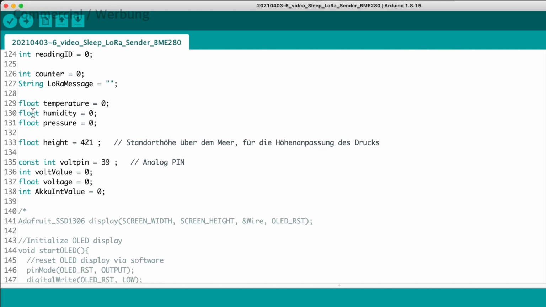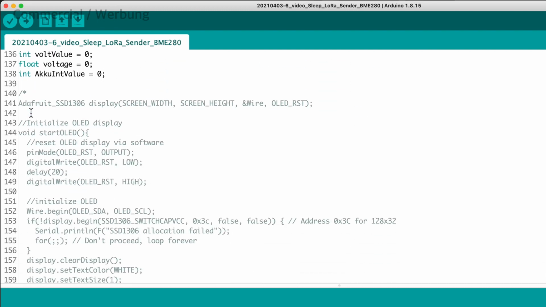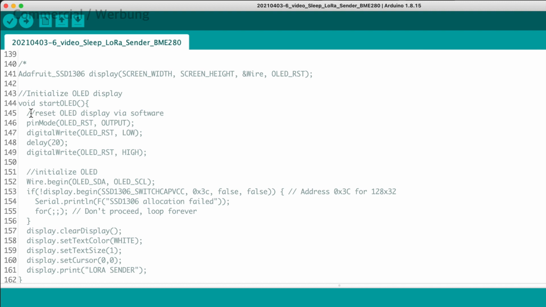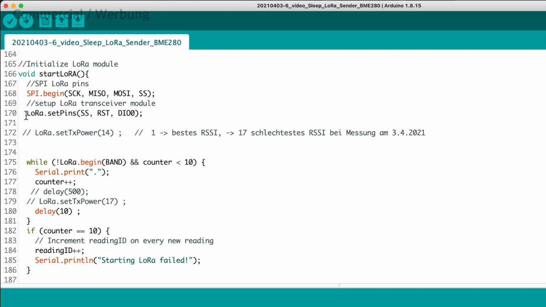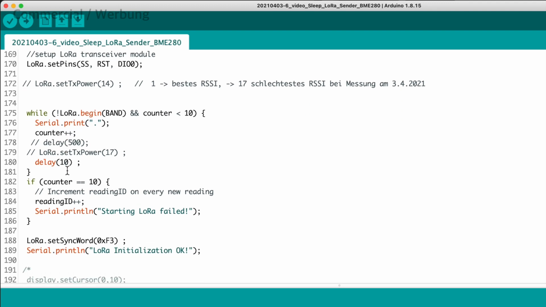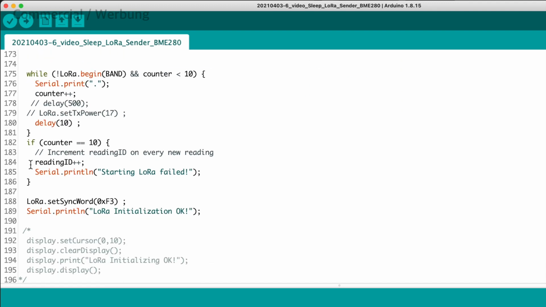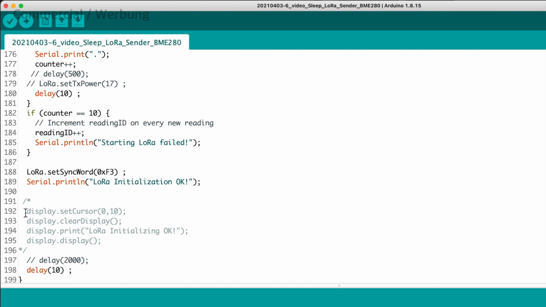Don't worry about the lines that I commented out here. This was just an extension for another board that has an OLED display. Our first defined procedure is the void start LoRa here. It is setting up the LoRa module and is giving us feedback via the serial interface in case it failed. This kind of serial reports are very valuable and help you to debug your software while coding.